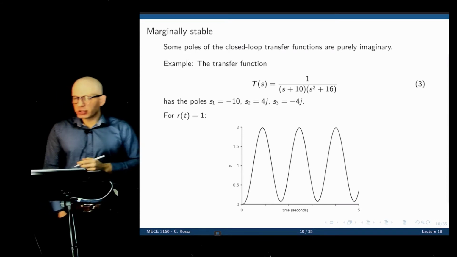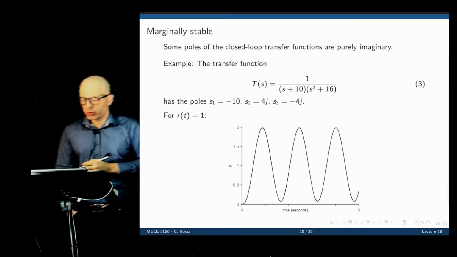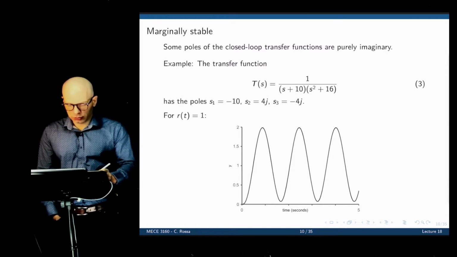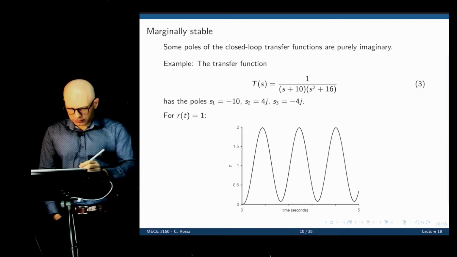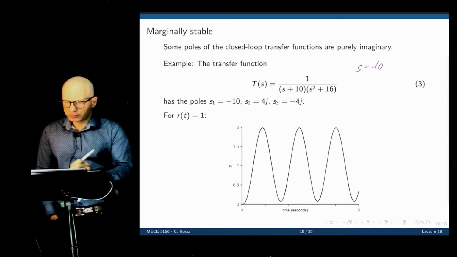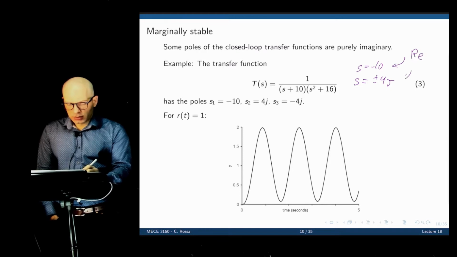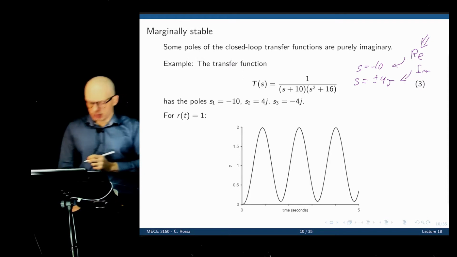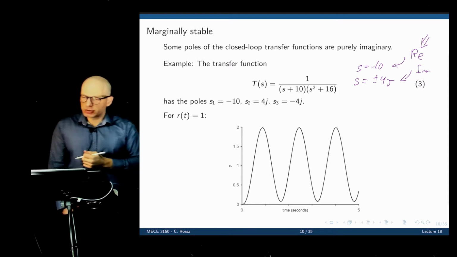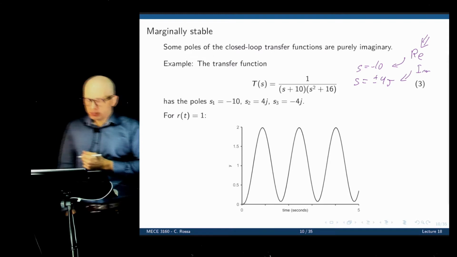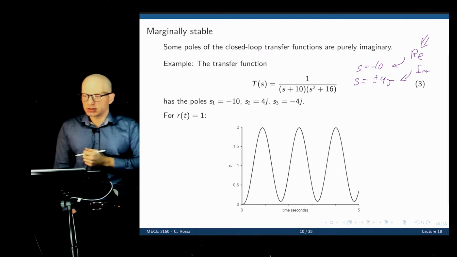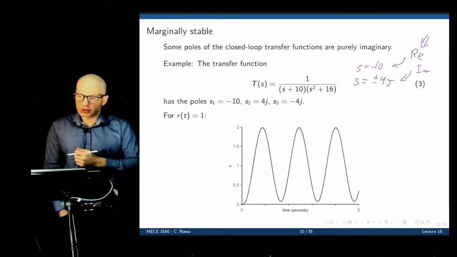Here's an example of a marginally stable system. We have this transfer function, 1 over (s plus 10)(s squared plus 16). What are the poles of this transfer function? Well, we have 3 poles. We have s equals negative 10, and s equals plus or minus 4j. So this pole here is real. These poles here are imaginary. The real pole is located on the left side of the S-plane. It's negative 10, so this will create an exponential that eventually decays to 0. The other 2 poles, however, are located on the imaginary axis, and they will generate sinusoidal waveforms that never